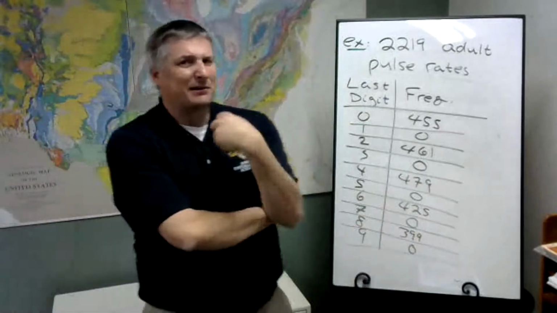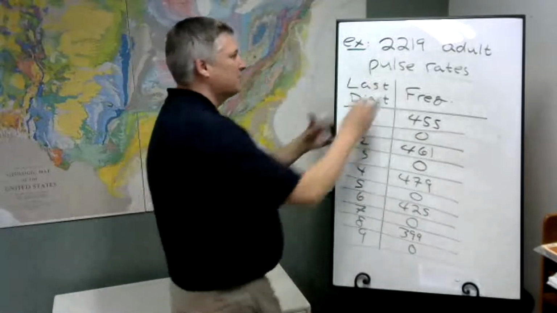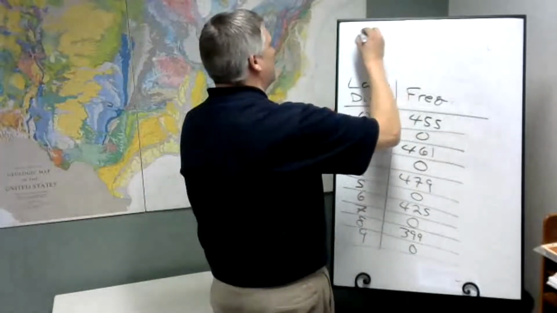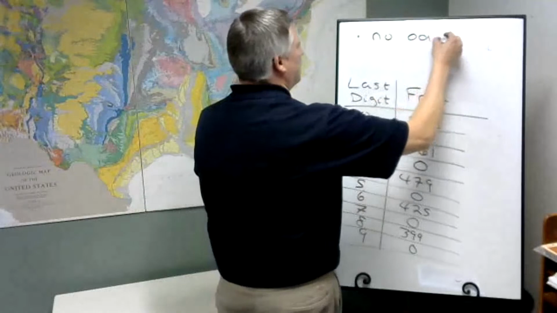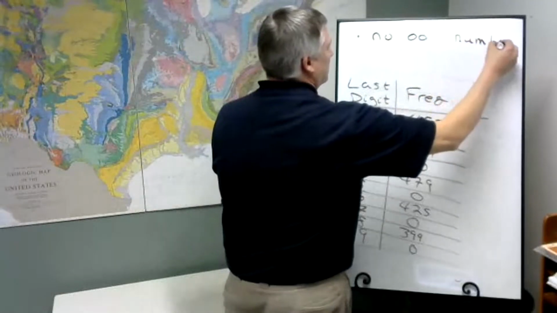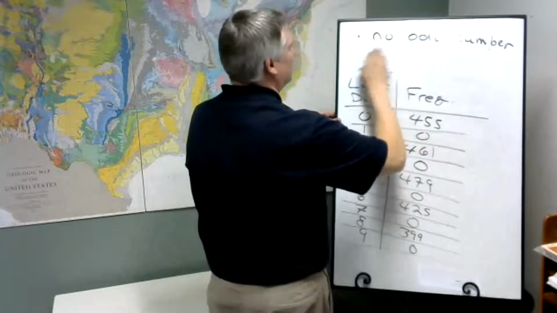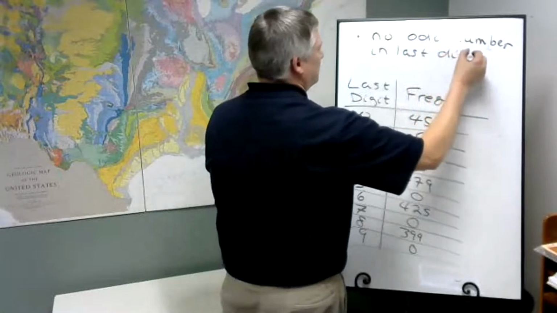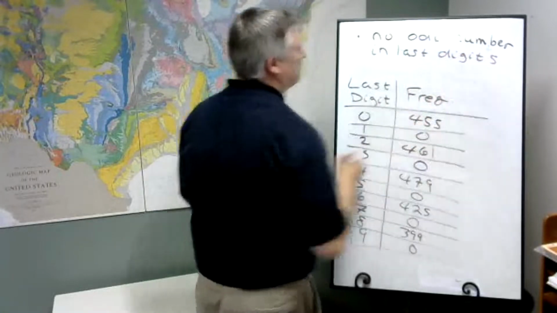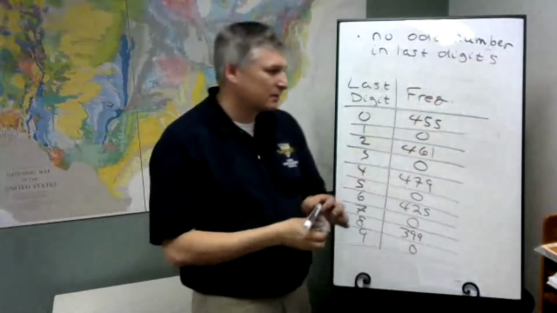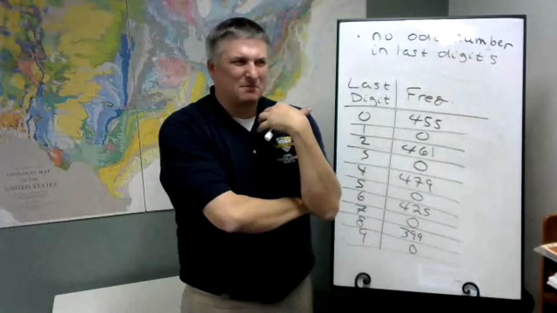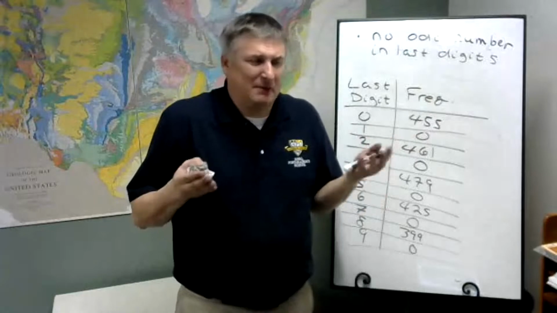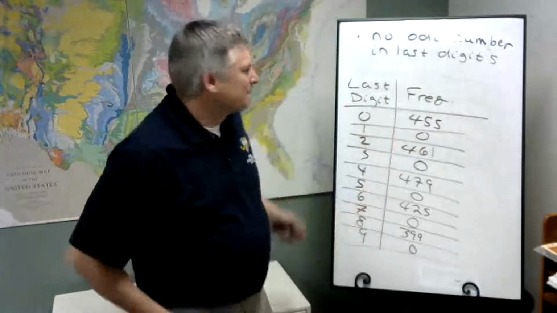So what's going on here? Well, basically, here's the pattern. There are no odd numbers in the last digits. No odd number. Well, that's strange. Like, are pulses required to always be even numbers per minute? What governs that? Well,